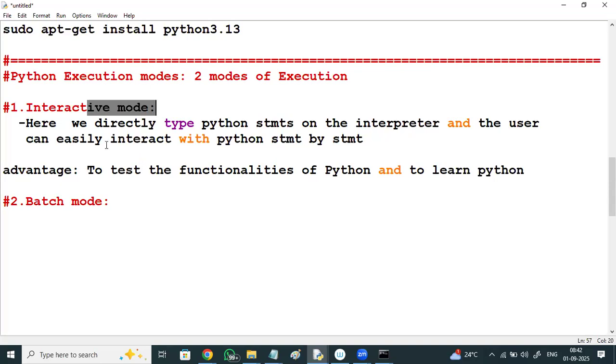But for developing applications in Python, this interactive mode won't work, so we need to go for batch mode.